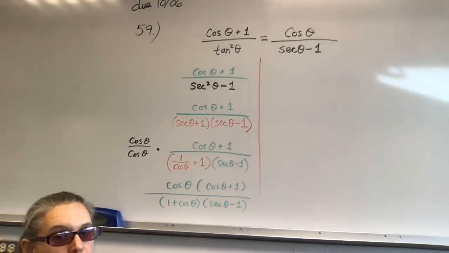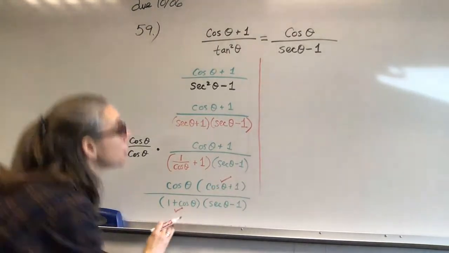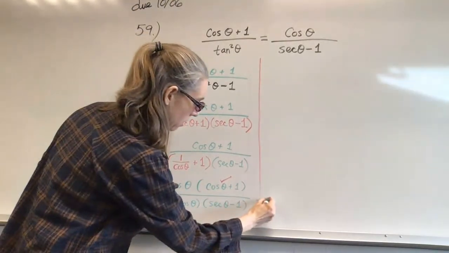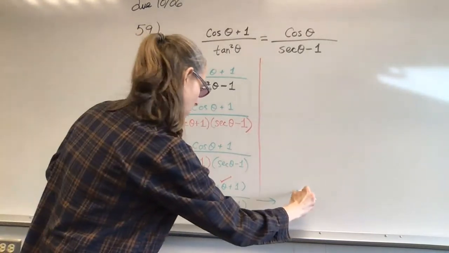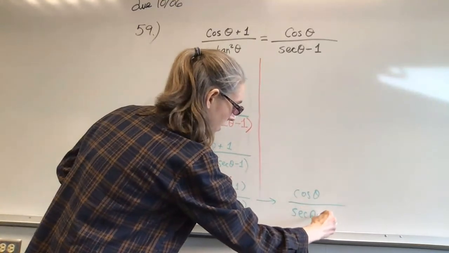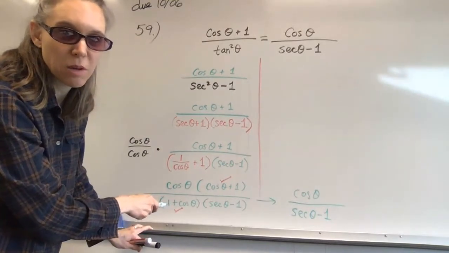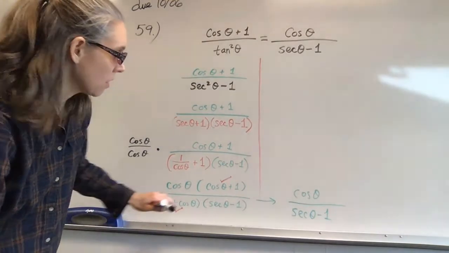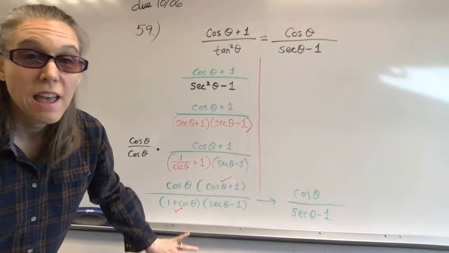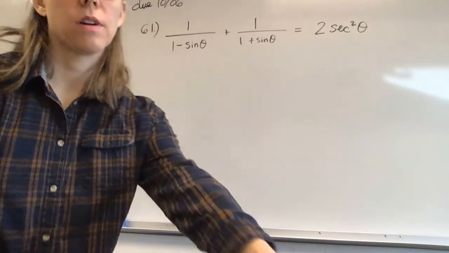And then don't cross through your work. Instead, you can check off that these two factors will cancel. And then you're left with, and I'm just going to draw a line over here, cosine theta over secant theta minus 1. So now that you don't end up with the same situation where you run out of space, start at the top of the page. But this should have been down low right here. So just imagine that that line right there is down here, and now the left-hand side is equal to the right-hand side. Okay, now for number 61,